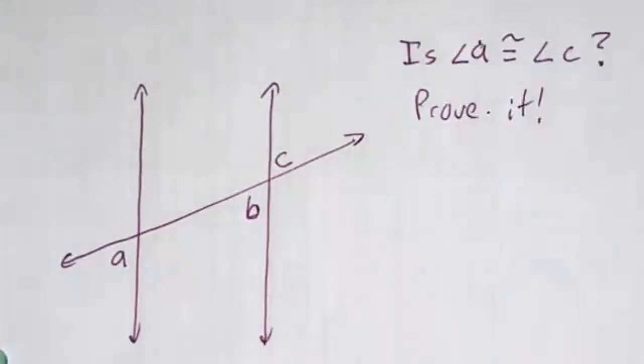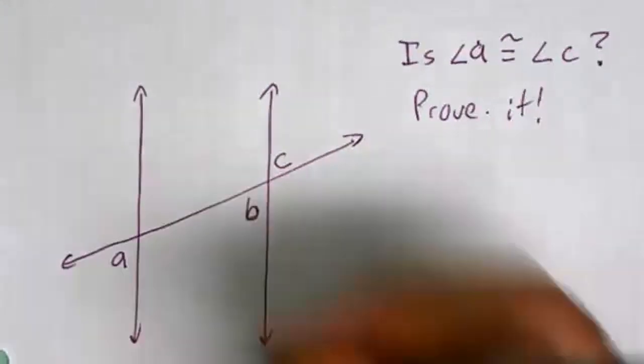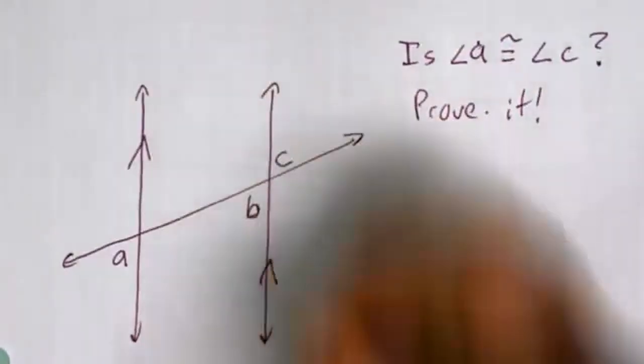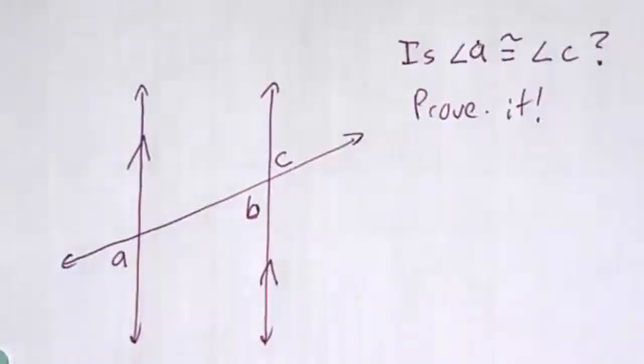I forgot something here. I have two lines and a transversal, and I've marked off some angles. I want you to look at this picture and tell me, do you feel like angle A and angle C are going to be the same size angle? Do you feel like they are the same size angle? No. All right, then